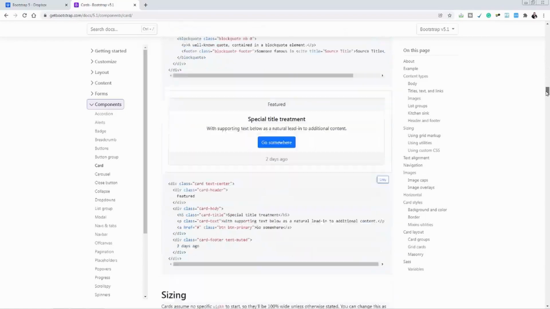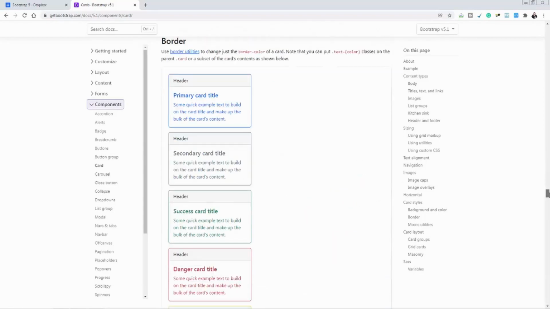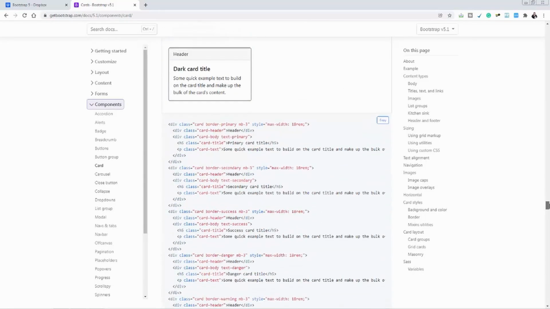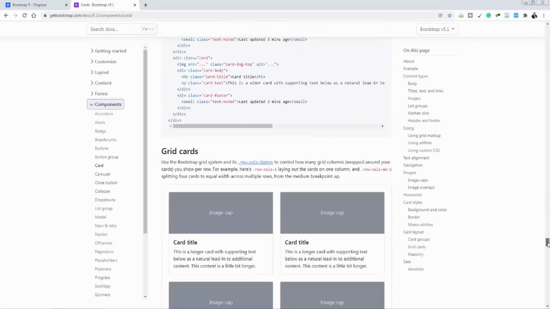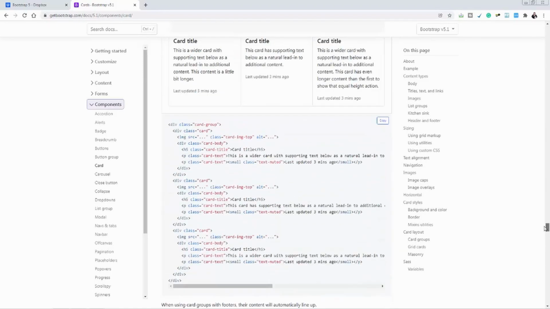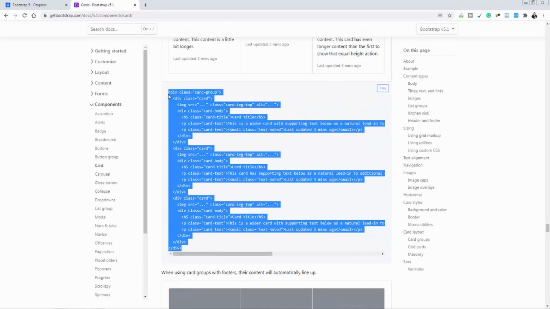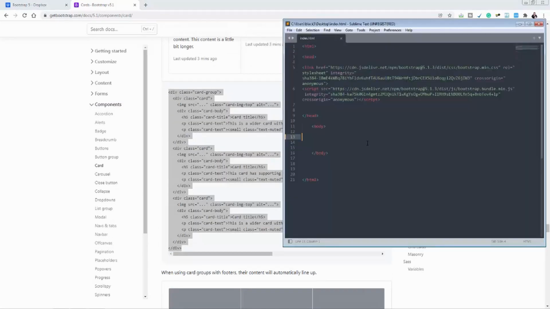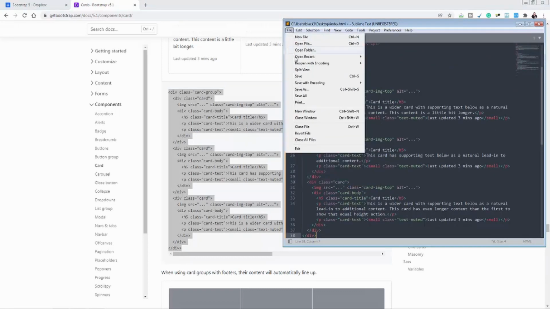If you go down here, we have a lot of different cards, or you can call it sections, as you can see here in vertical. Now in horizontal, these are very well-known types of cards in sites nowadays. So let's use grid cards or card groups. Let's use this one here. So let's copy this. Let's go to our text editor, paste it. Now let's save this